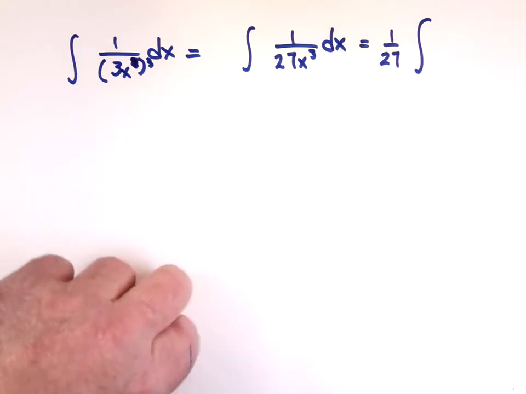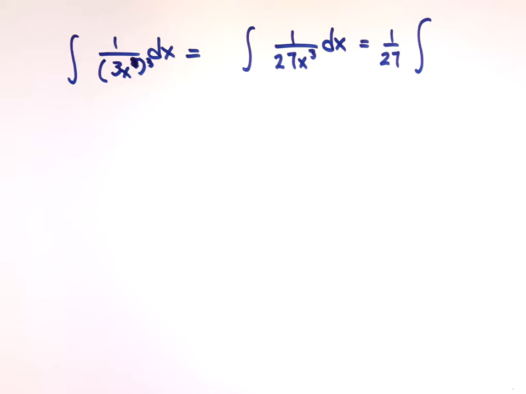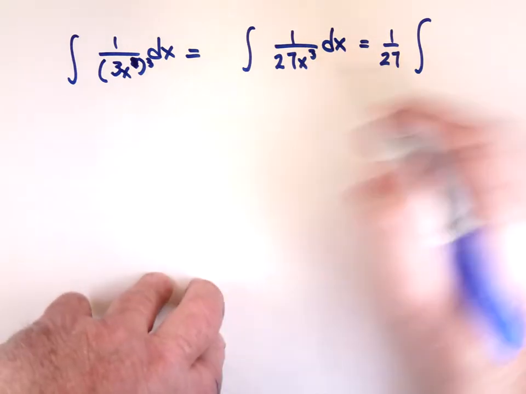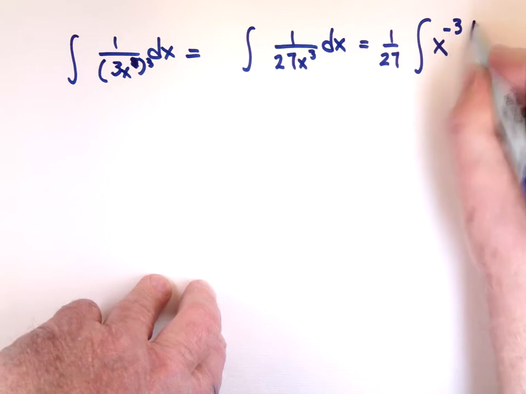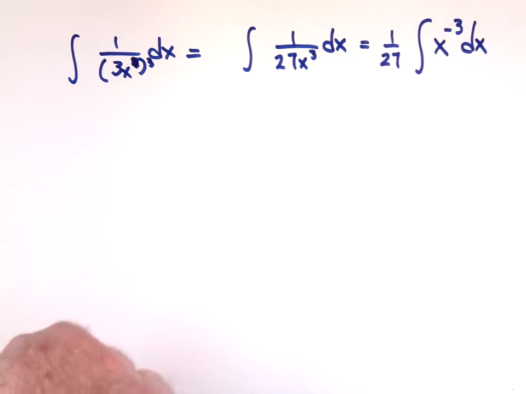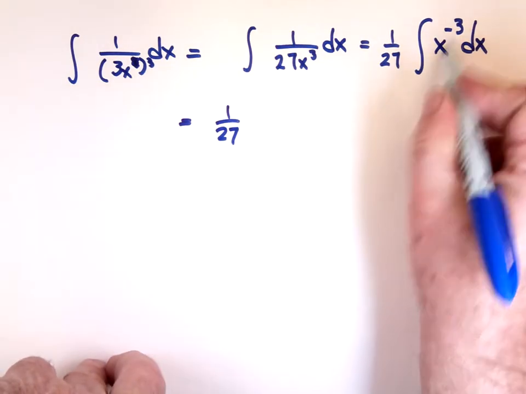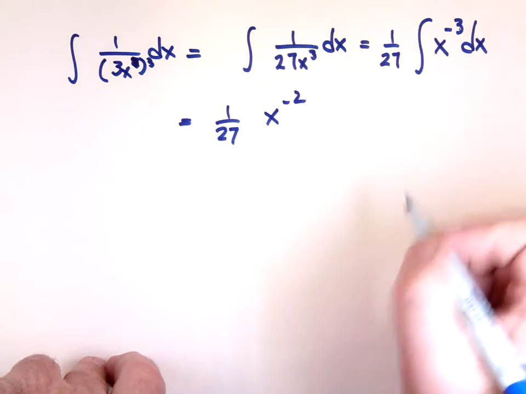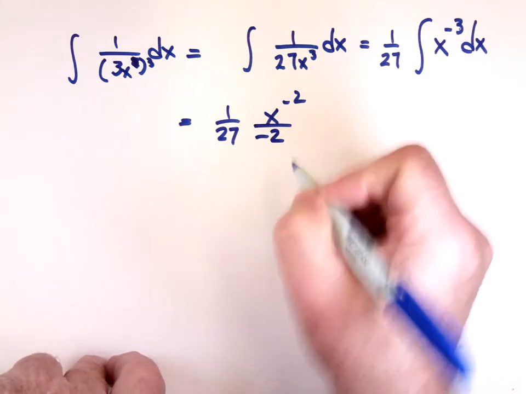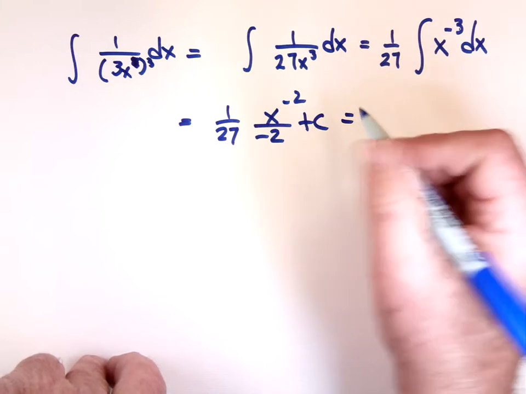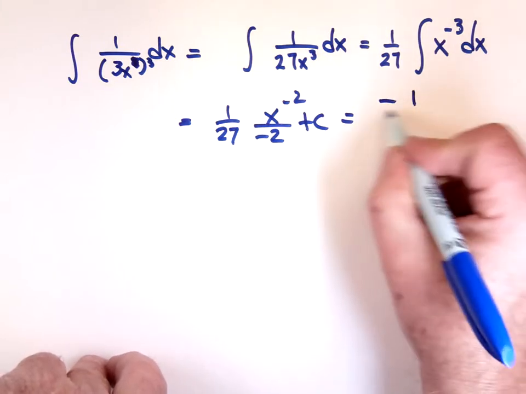Our rule is for x to the n: the integral of x to the n dx is x to the n plus 1 over n plus 1, plus c. So you want to get it in that form of x to the n. The way to do that is to rewrite this as x to the negative third. Now you do the integral by adding 1 to this exponent and dividing by the new exponent, plus c. Your answer would be written this way, negative 1 over